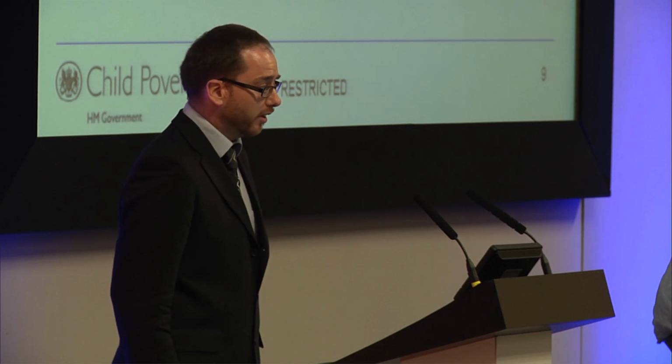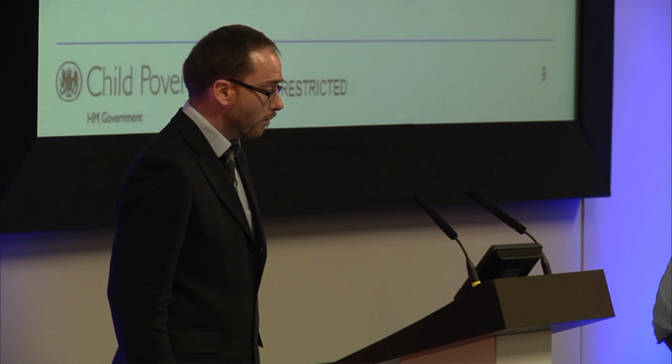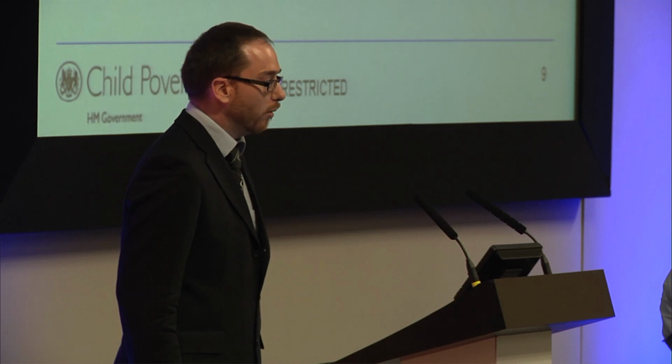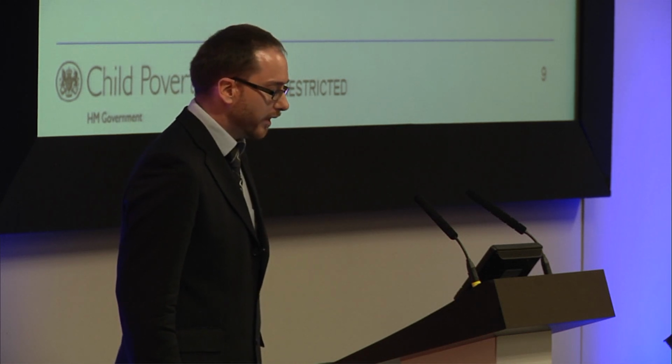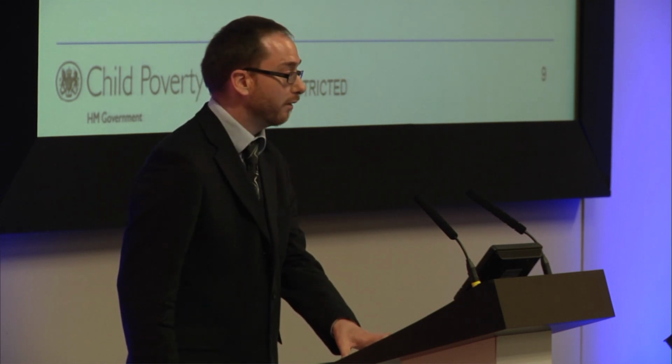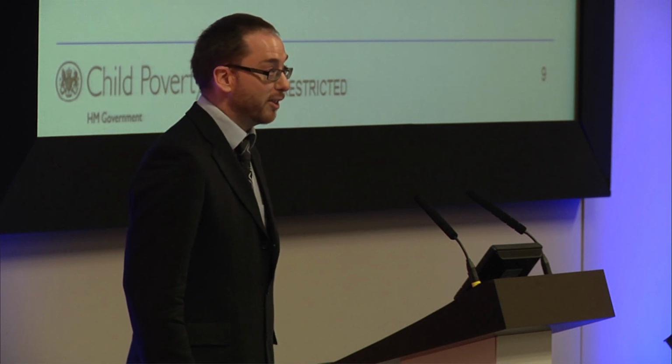So we think it's really important to identify these drivers of child poverty. We think we need any new measures to reflect these drivers, and they need to feed into our next key milestone in the Child Poverty Unit, which is the Child Poverty Strategy, which is a legislative requirement on the Child Poverty Unit to develop, which needs to be published by spring 2014 and cover the period 2014 to 2017. And what we want to do is to feed in some of these thoughts about the drivers into our consultation for the strategy, which we plan to launch later in the year. And hopefully some of the people in the room can respond to that consultation. We would really appreciate it.